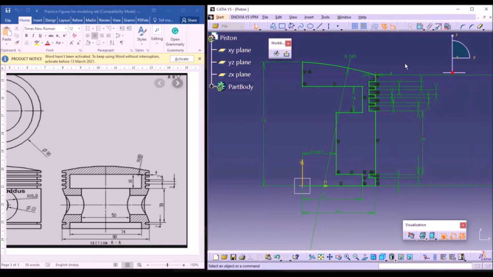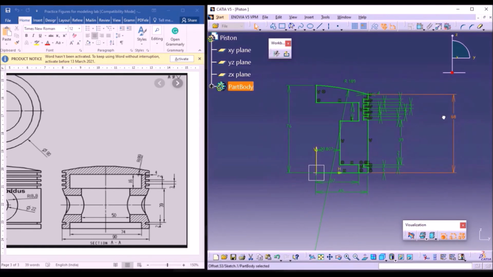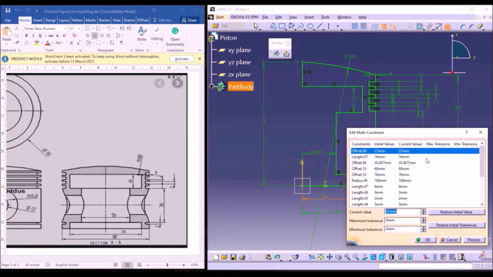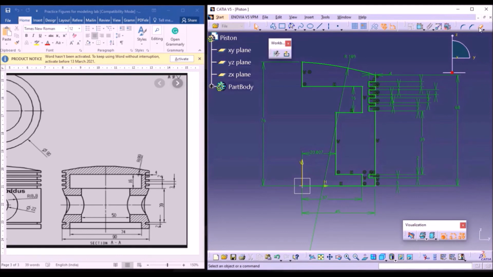Like this we need to make the coincident of the object. Check whether you have given all dimensions or not, and check that the object is closed. This line is from the origin. It should not be from the origin, it should be from here only. So using the quick trim option, delete it. So this is how the object should be shown as per the dimensions given.